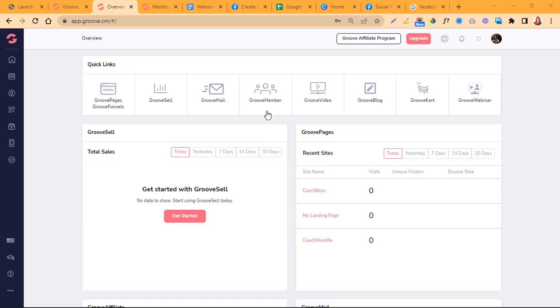And then you have Groove Member. If you're a course creator, content creator, and you want to sell a course, then you can do it here too. And you can have the members where they can access it. And then the Groove Video, where you can create your video, and that's how they watch part of your course.